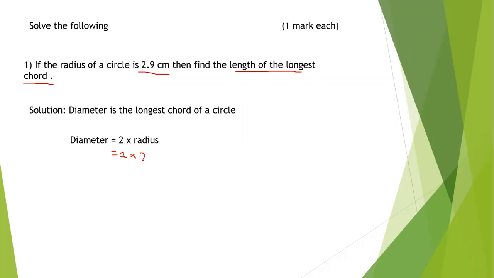So we will write here 2.9. Now here we need to multiply 2 by 2.9. So when you will multiply 2 by 2.9, your answer will be 5.8, right? So in the next step, we will write the length of the longest chord is 5.8